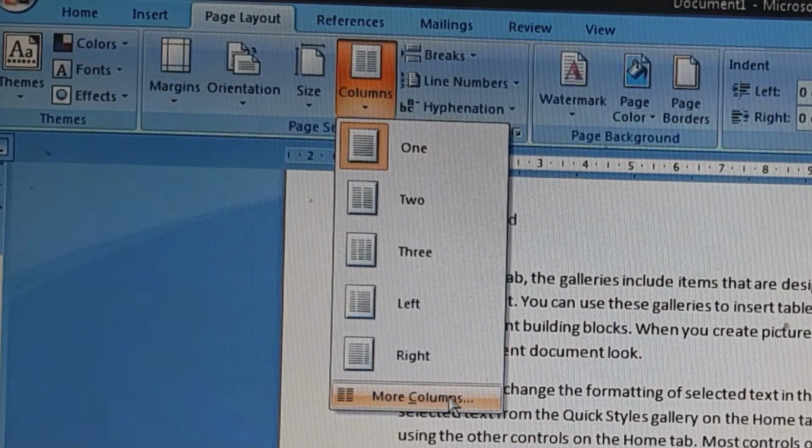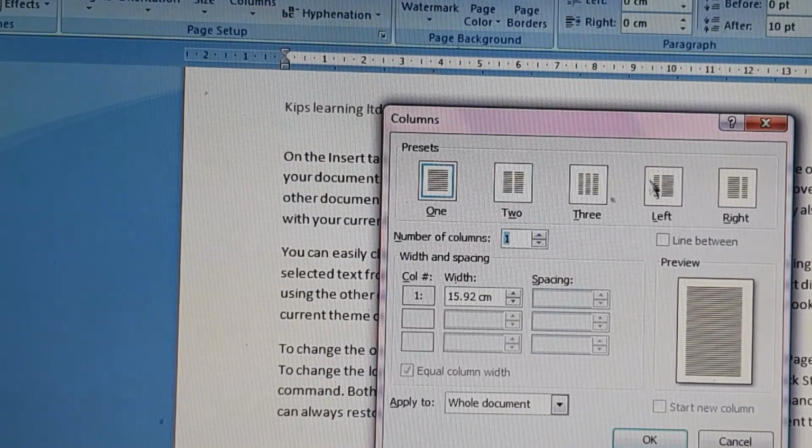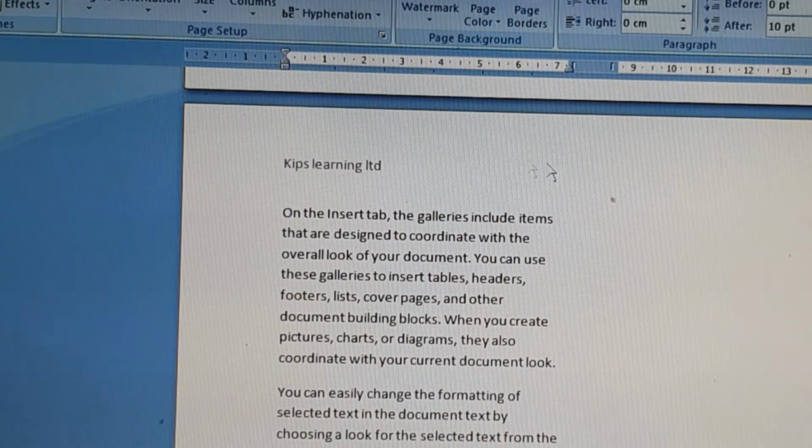So when I click on this, children, column dialog box appears. This is column dialog box. You have to define the desired setting and say OK. Like I want this document to be written in 2 columns. Say 2 and OK. Fine. Here, children, I have not selected anything, so it has made 2 columns on its own.